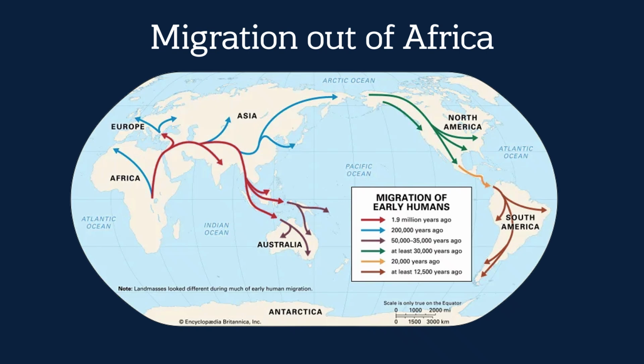There is a theory that has evolved from this time known as the out of Africa theory. Because the oldest fossils date from Central Africa, the idea is that early humans migrated out of Africa and left to other continents and other land. As you can see on the map, 1.9 million years ago, it's estimated that they left Africa, moved into Europe, South Asia, Southeast Asia, and into Australia, up north through China, across the Bering Ice Strait, into North America, Central America, and Latin America or South America as we know it today.